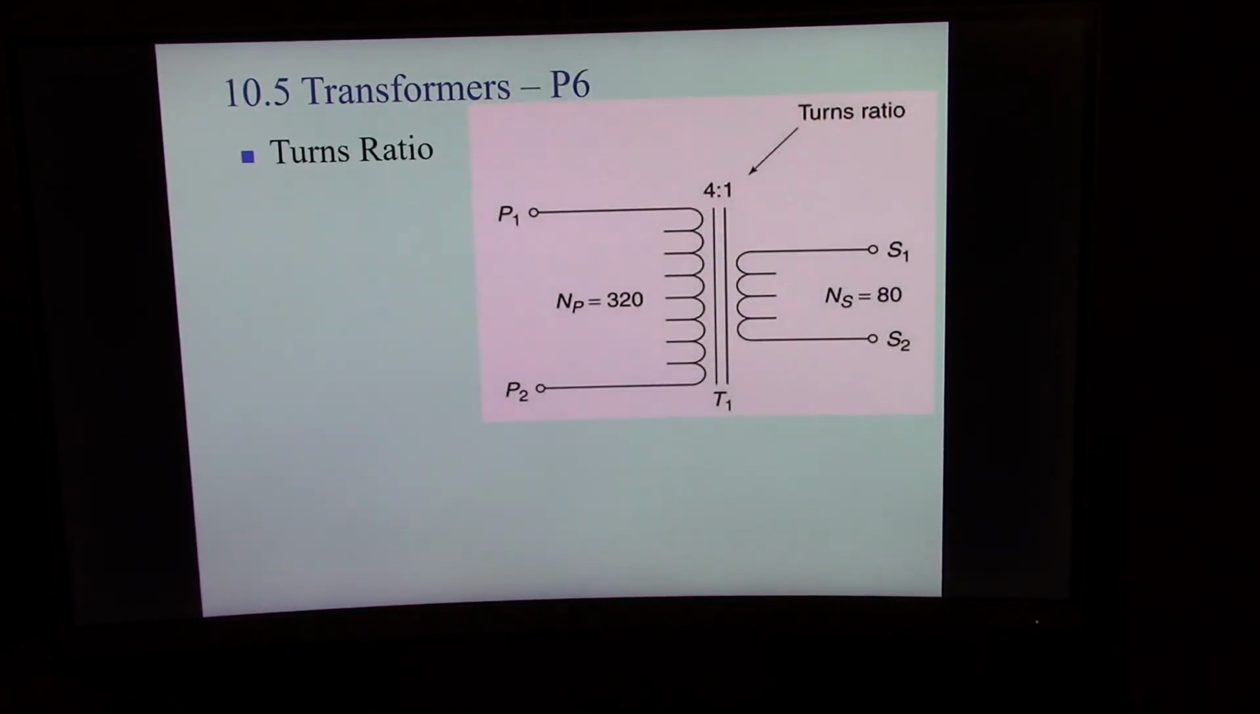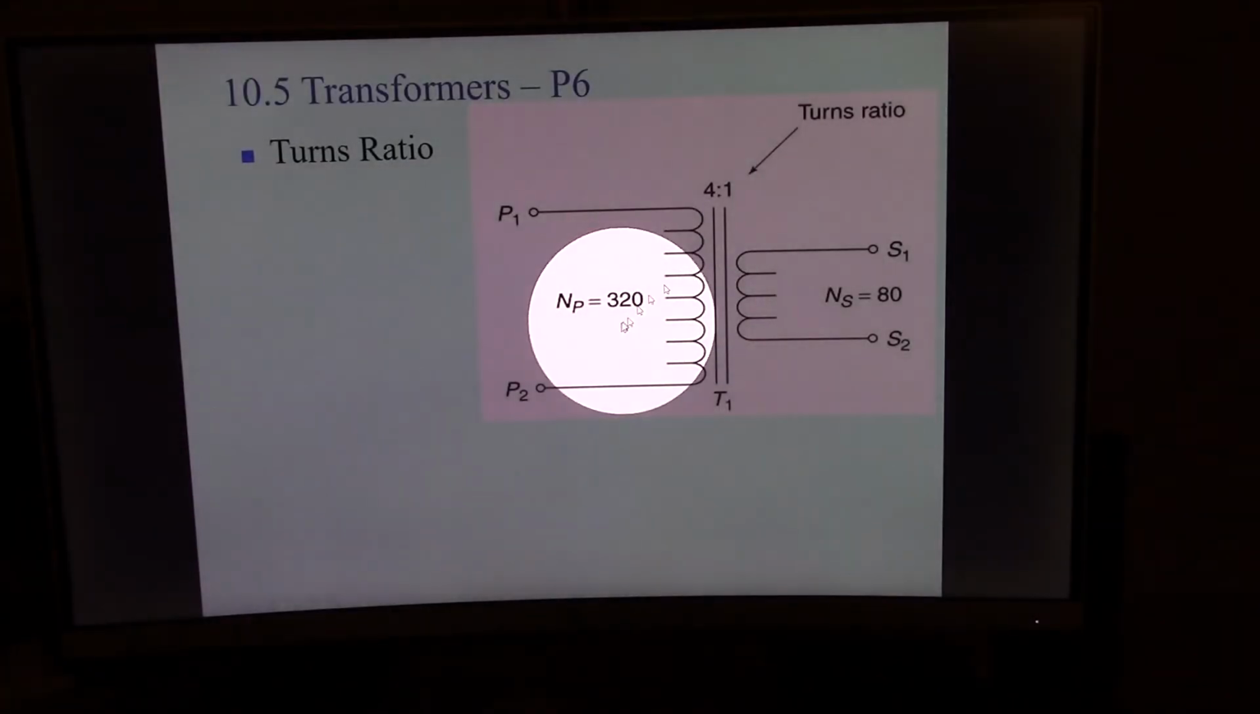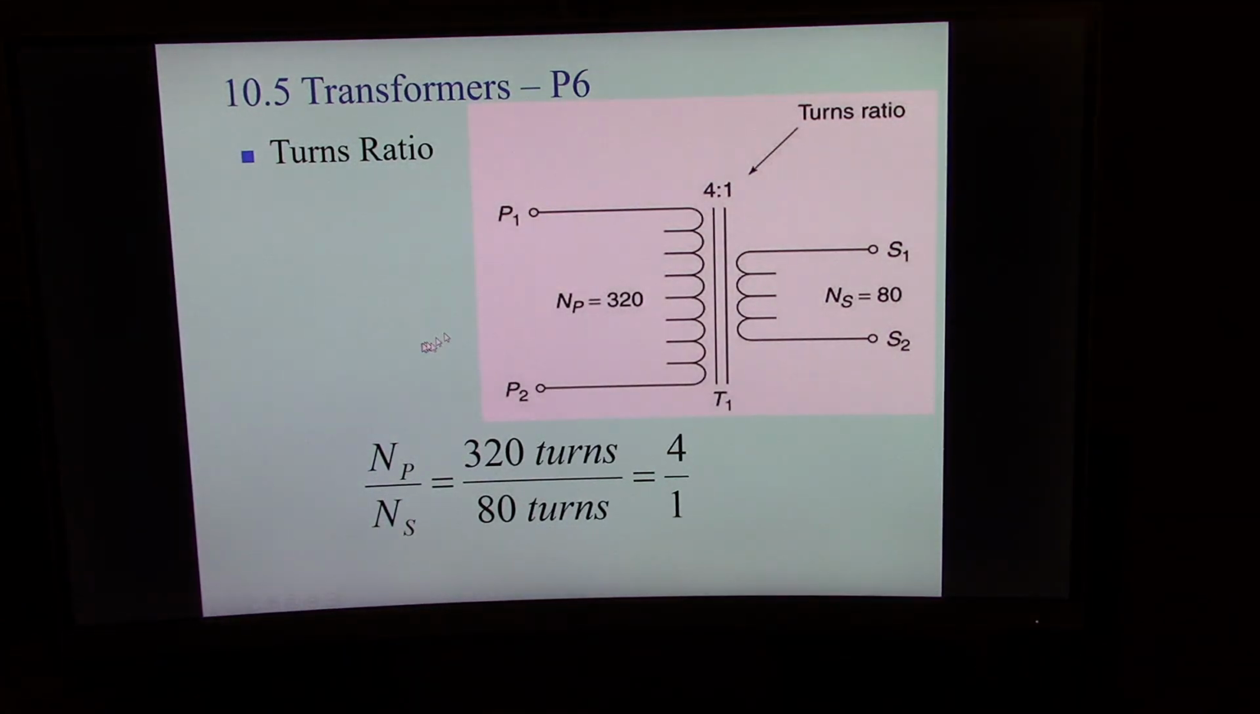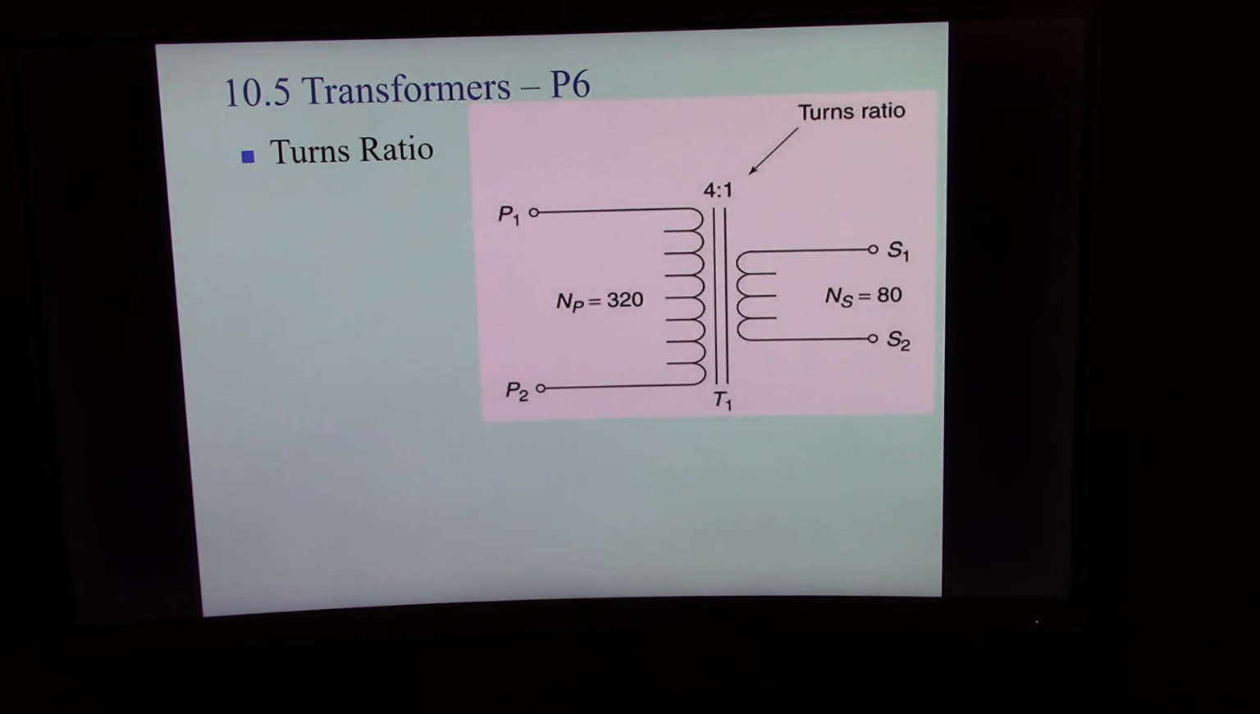When we talk about turns ratio, in this case, in the primary, there are 320 turns, and just a second. All right, there we go. So in this one, the primary has 320 turns, and the secondary has 80. You can see by just looking at this, right? There's more